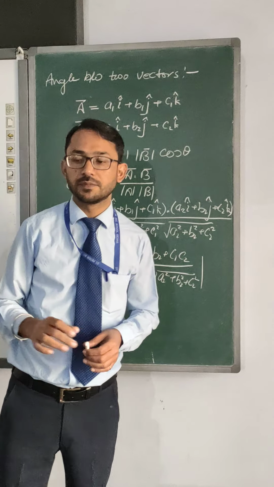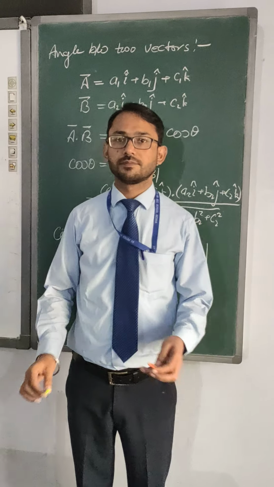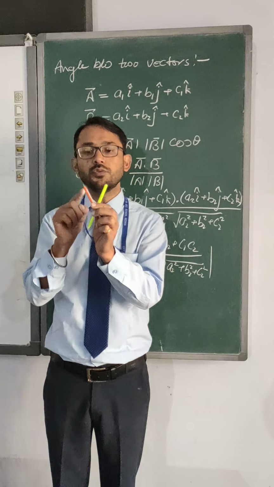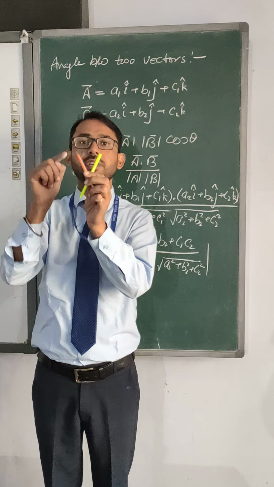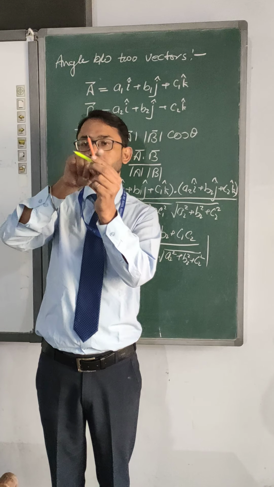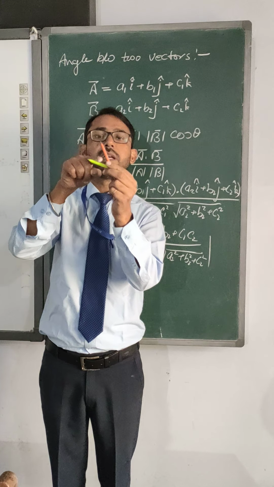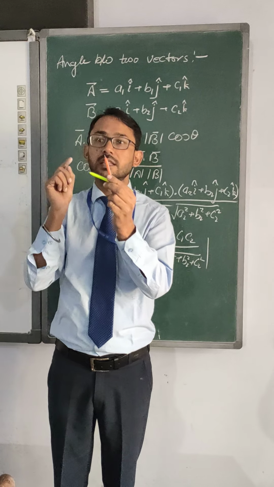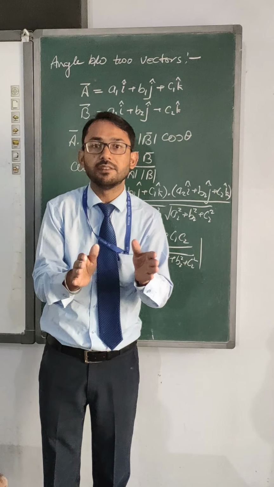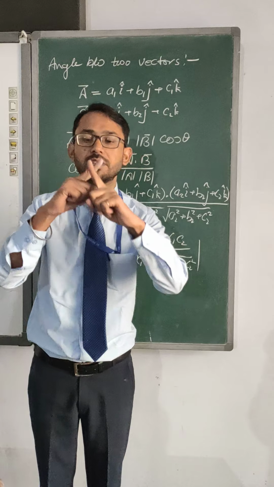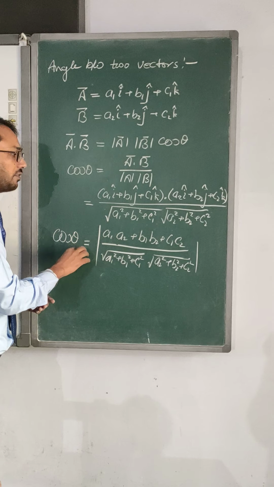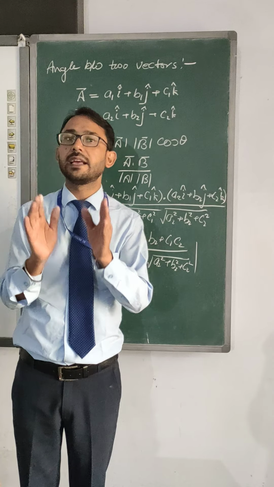The reason for this is, see, we need to find the angle between two vectors, and the angle between two vectors is this. Now this angle, if the angle goes obtuse, in that case we will measure this angle, because this is also the angle between two vectors. That's why I'm putting the symbol mod on it. Modulus will always make it positive, meaning we will be calculating the acute angle between the two vectors. So hope you are able to understand the calculation of modulus for this. So this was the angle between two vectors.